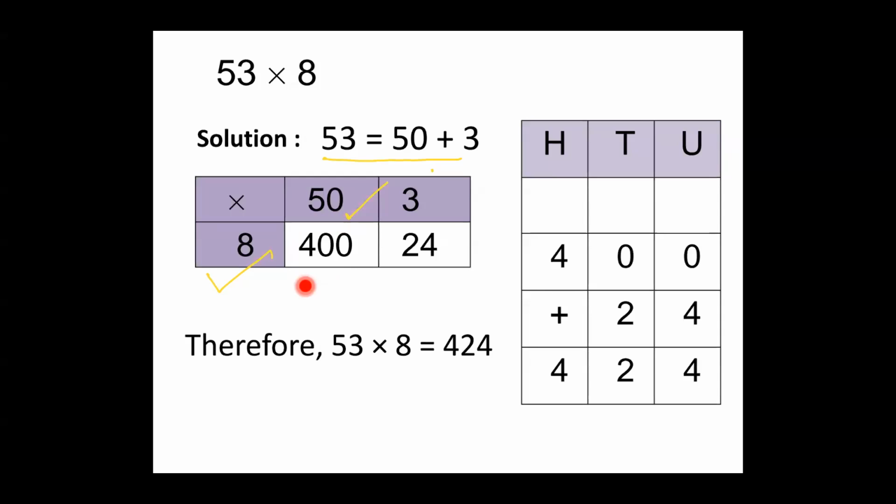Everybody understood how we have got this 400? You can do it with our simple method also. 50 multiplied by 8: 8 zeros are 0 and 8 fives are 40. This is our simple method. But we are not going to use the simple method. We will be doing it directly. How are we going to do it directly? 8 multiplied by 0, that is 0, and 8 fives are 40. Okay. So here, now we have got the answer as 400, correct?